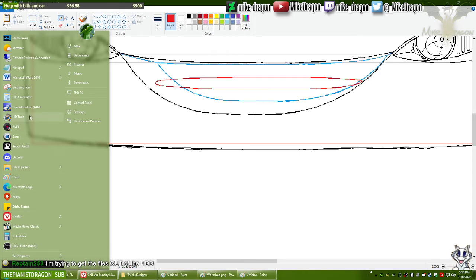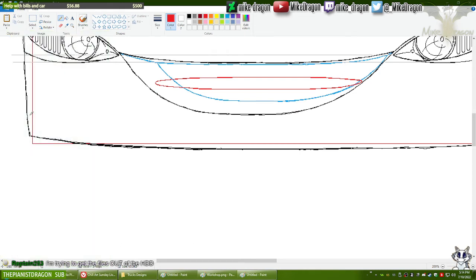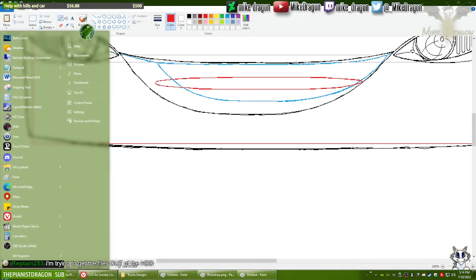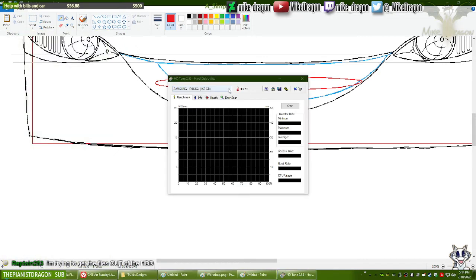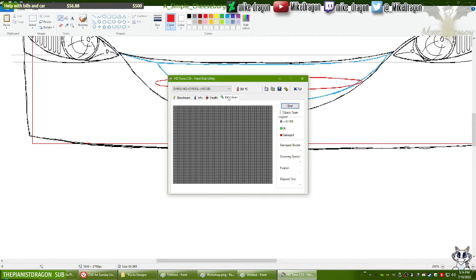There's one program you could try to use. I think it's this one, HD Tune. Yes, it is this one. This is free, by the way. You can use HD Tune to examine the surface for bad blocks. This way you can see how many and where they are. You simply select the drive you want to scan here and click start without enabling the quick scan.